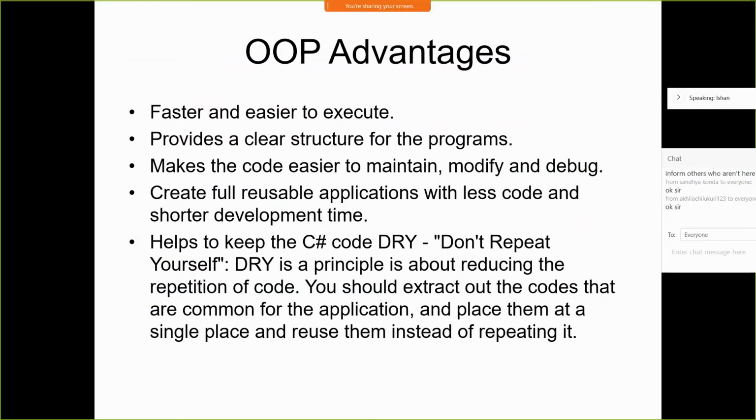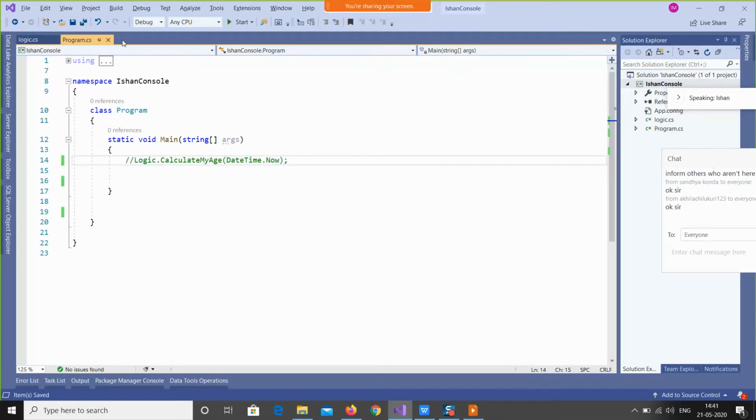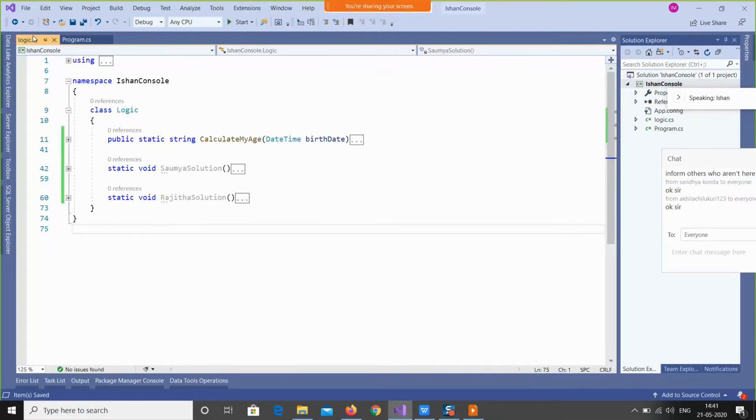The last one helps to keep the C# code DRY. DRY means don't repeat yourself. So DRY is actually a principle inside OOPS, about reducing the repetition of code. As I showed you here, I don't need to repeat these codes again and again. I should not use Somya's solution and Ranjita's solution anymore, because I am taking any birth date.